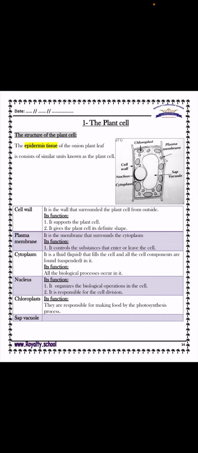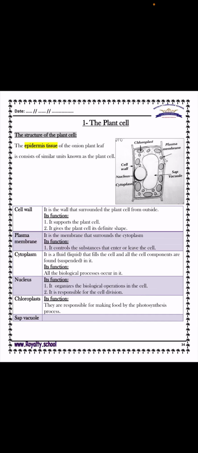In this lesson, we will start to study the plant cell. We take the epidermis tissue of an onion plant and check it under the microscope. It consists of similar units known as plant cells. It consists of cell wall, plasma membrane, cytoplasm, nucleus, chloroplast, and sap vacuole. The cell wall is the wall that surrounds the plant cell from outside, supports the plant cell and gives it a definite shape. Plasma membrane is the membrane that surrounds the cytoplasm,